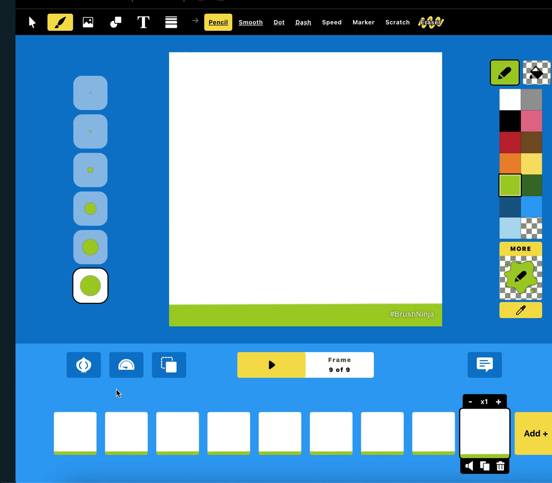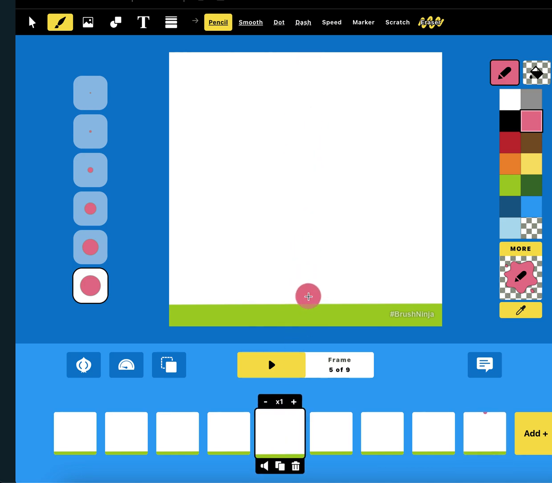So the way I'm going to do this is I'm going to start at the beginning and create my ball. So I'm going to make my ball pink, and I'm just going to use the biggest size of the pencil, and I'm going to start at the top of the screen, click, and I've made my ball. And then instead of going and starting the animation, I'm going to go right to the middle so I know where I'm stopping, and this is going to kind of help me outline exactly where I need my ball throughout